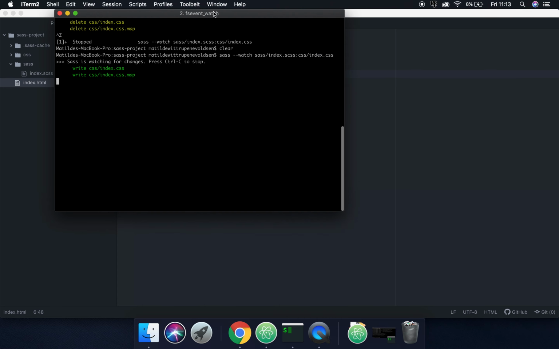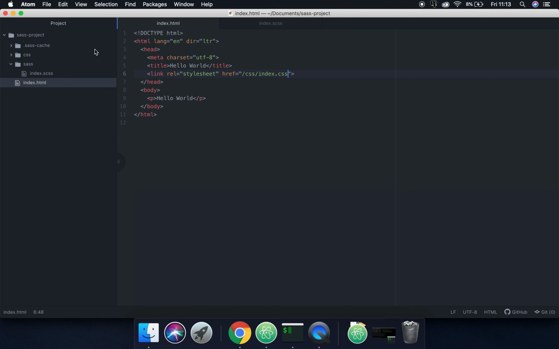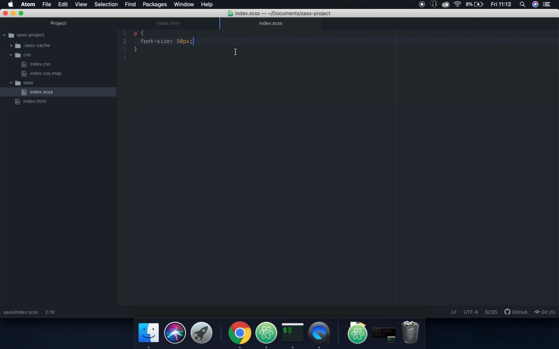So what we are doing right now, just to show you what happens, is we watch our index.scss file. Every time we make a change, it would detect it inside the browser here. Then it will transpile it into index.css. So it will make a new one here, update the file every time you save some changes inside here. So just to show you that it works now,